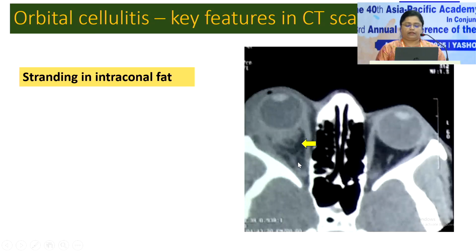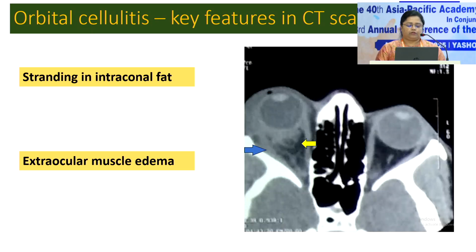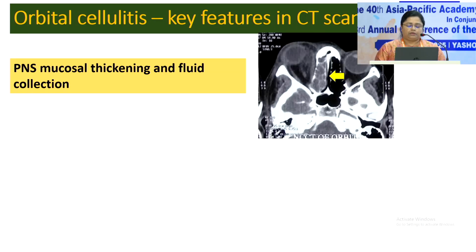This is known as strangling of intraconal fat, and it is very much characteristic of orbital infection, cellulitis. Next is extraocular muscle edema. In severe infection, there may be some thickening of the muscle belly because of fluid collection. One most important part of CT scan in orbital cellulitis is it detects the paranasal sinus mucosal thickening